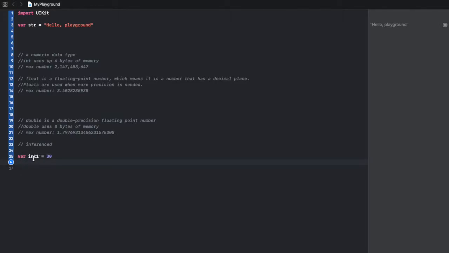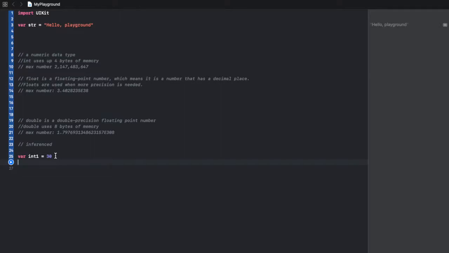Basically this is a type of int, this is the name of the int, and this is the number of the int. So it infers that it's an int because there's no decimal place after it, and it's not too precise, and Swift defaults to inferring that if it doesn't have any of those features, it's just an